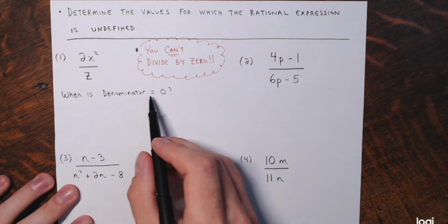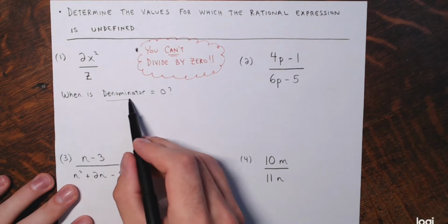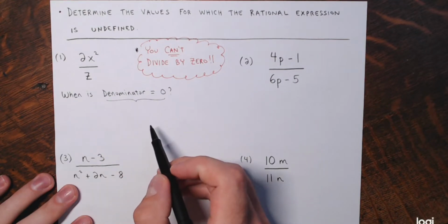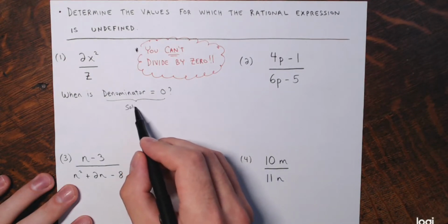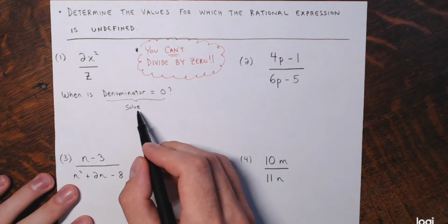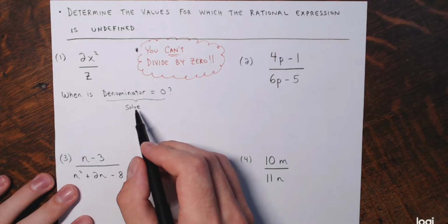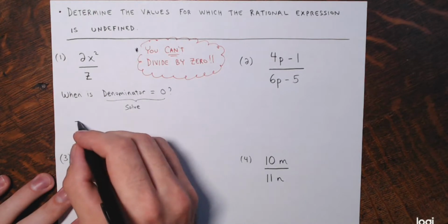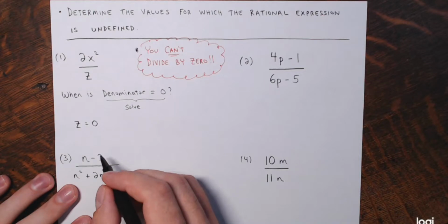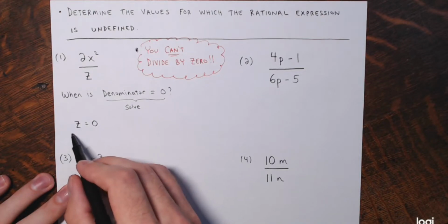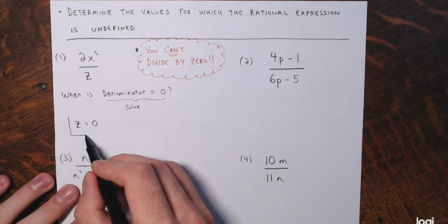And solve this equation. Right, you're going to set up this equation, set the denominator equal to 0, and solve that equation. And those values you find are going to be the values that aren't allowed, because if you plug them in, you'll be dividing by 0. So for this first one, very simple. Take the denominator, set it equal to 0, and solve. Well, that's already solved. So z equals 0